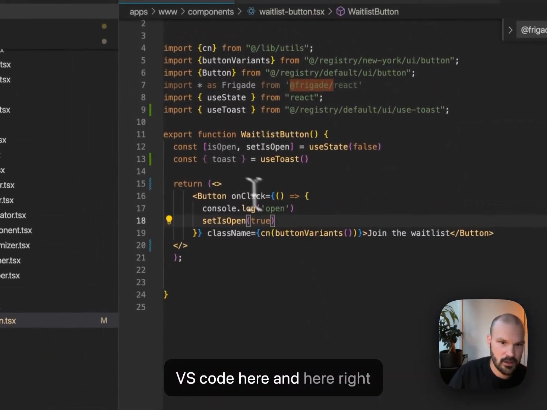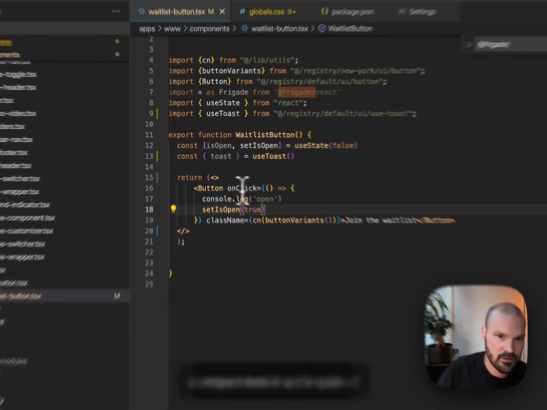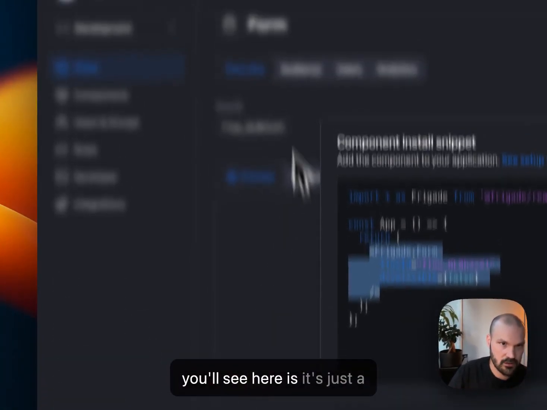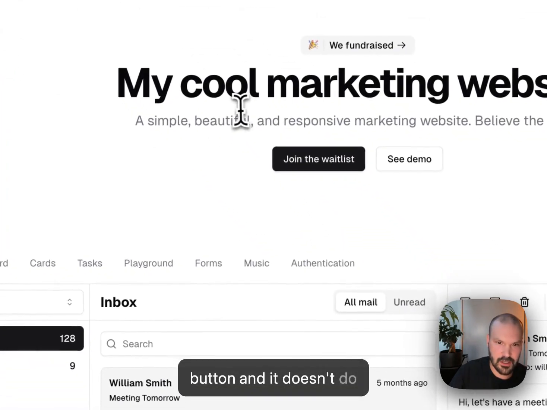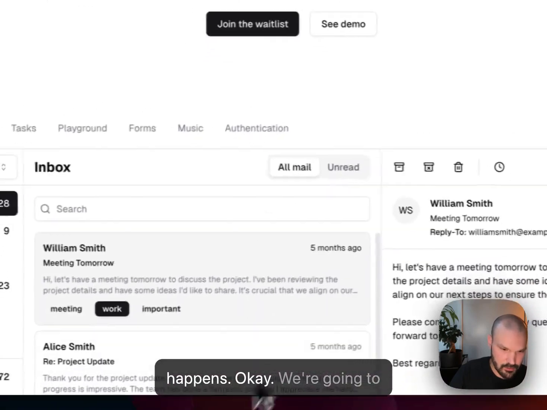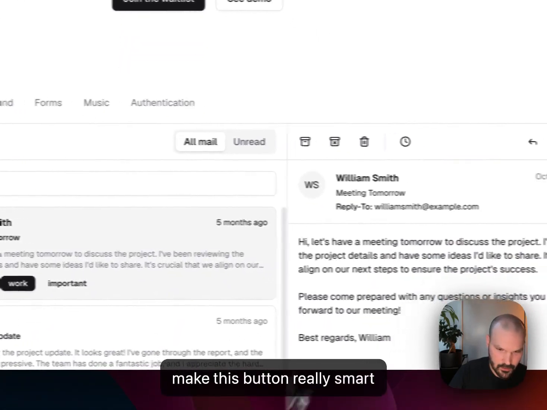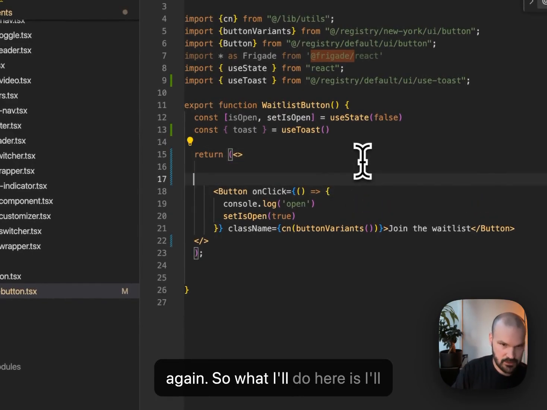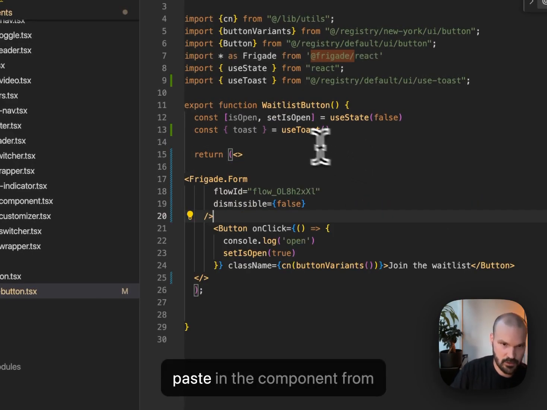And here right now, I have this simple component that's called waitlist button, and what you'll see here is it's just a button and it doesn't do anything. You click on it, nothing happens. Okay, we're going to make this button really smart now. So let's open up VS Code again. What I'll do here is paste in the component from before,